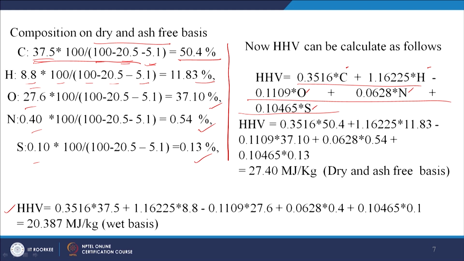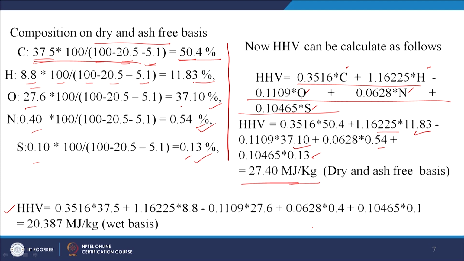So, HHV is 0.3516 into 50.54, and then 1.16225 into 11.83, and then 0.1109 into oxygen, that is 37.10 we are putting here, plus 0.0628 into nitrogen, that is 0.54, and then 0.10465 into sulfur, that is 0.13. So, by calculation we are getting HHV equal to 27.40 megajoule per kg on dry and ash-free